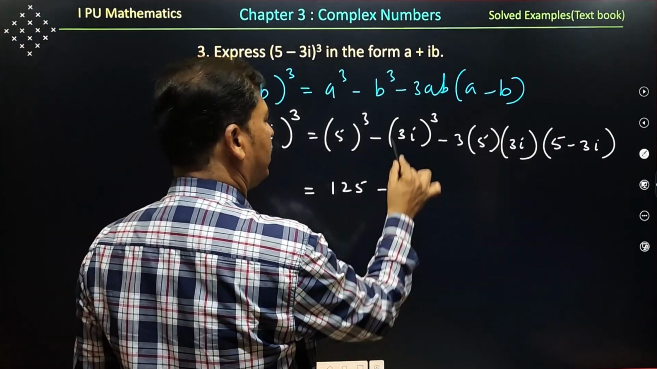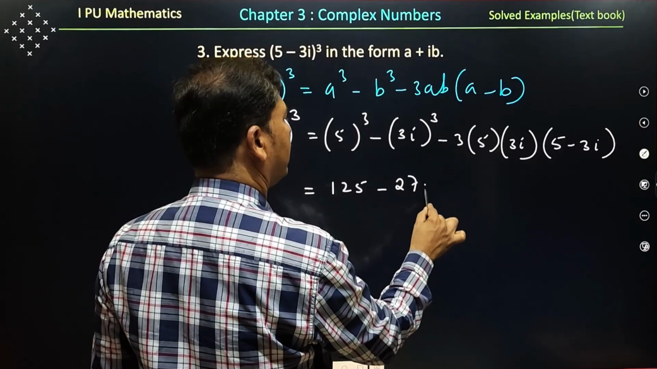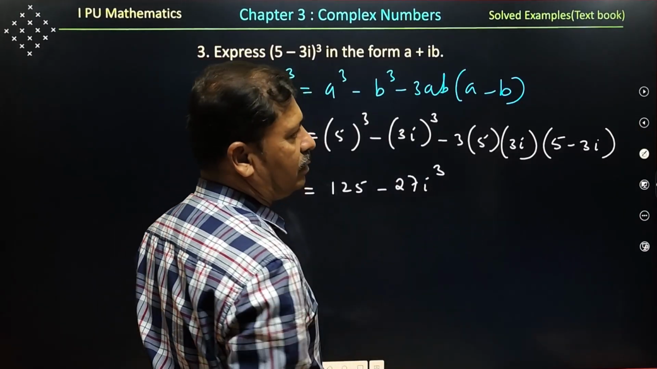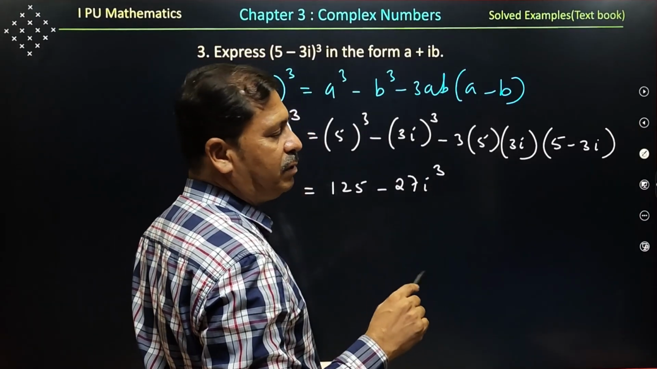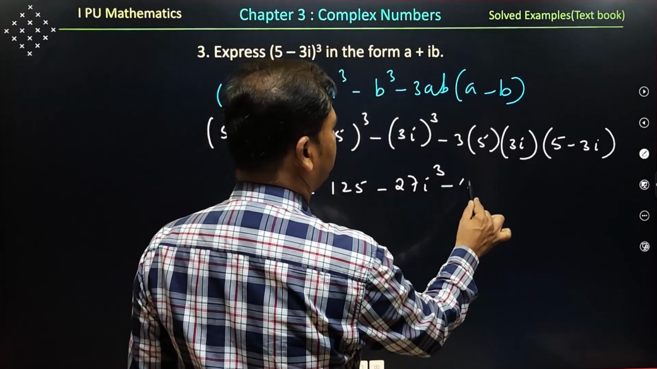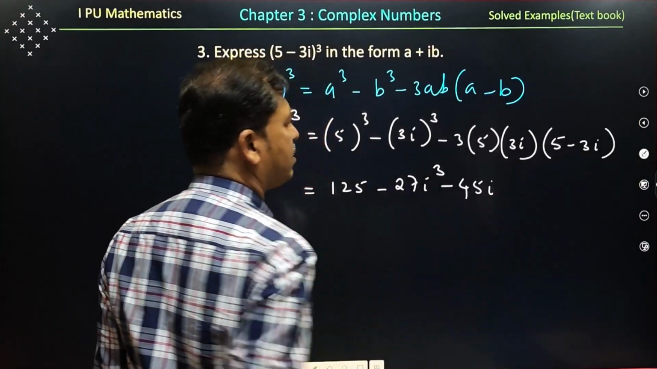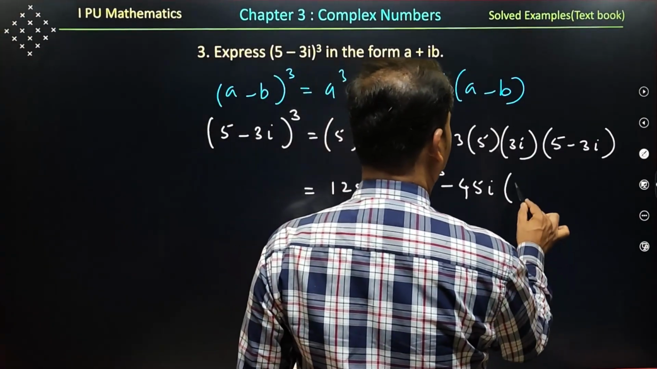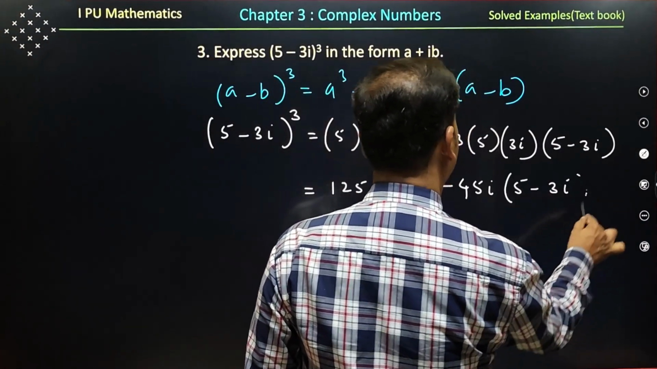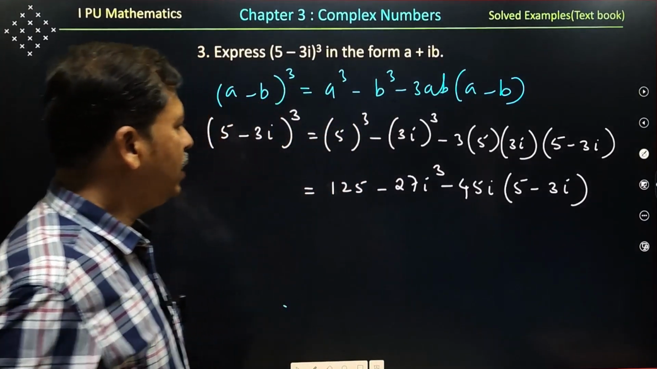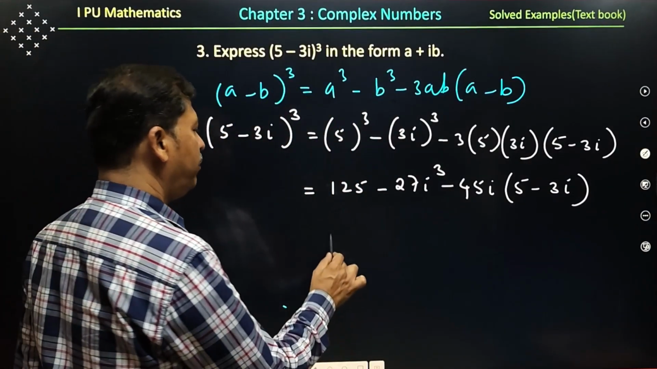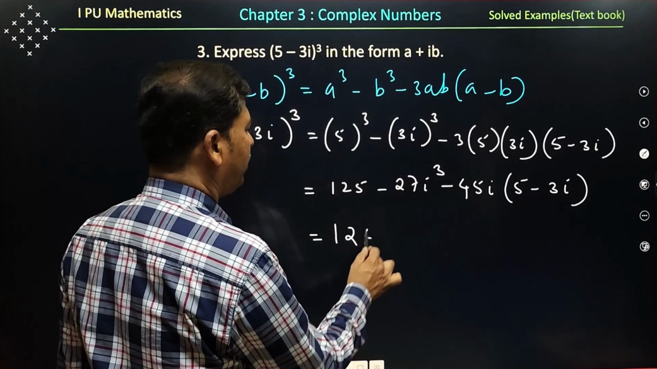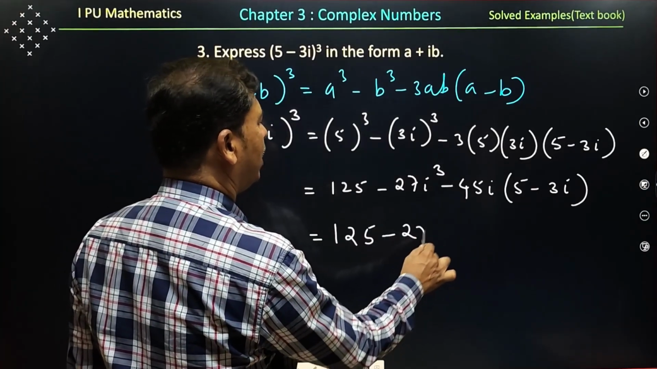minus 3 to the power 3, 27, I cube. 3 5s are 15, 15 3s are 45, and then I you write as it is, bracket 5 minus 3i, 5 minus 3i you write as it is. So in the next step of simplification, 125 you retain as it is, 125 minus 27 I cube value is